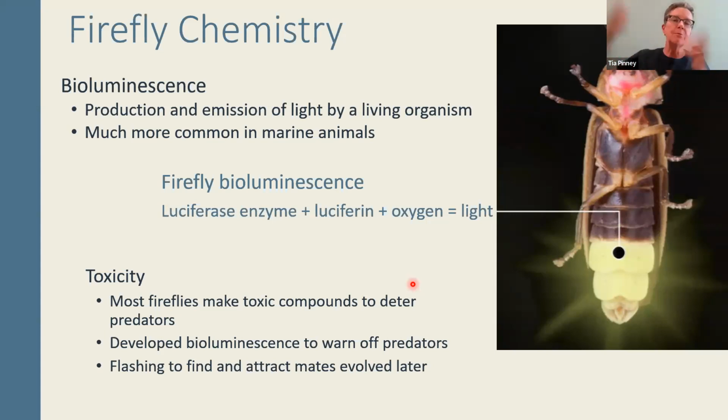When we make light in a light bulb, a lot of the energy is released as heat. It's lost. That's one of the advantages of the little LED lights that we all use now, as opposed to the incandescent lights that we used to use. It's much more efficient light production. And so fireflies are extremely efficient light production, in that basically 100% of the energy released is light. And you can see over here, here's the light organ of the firefly